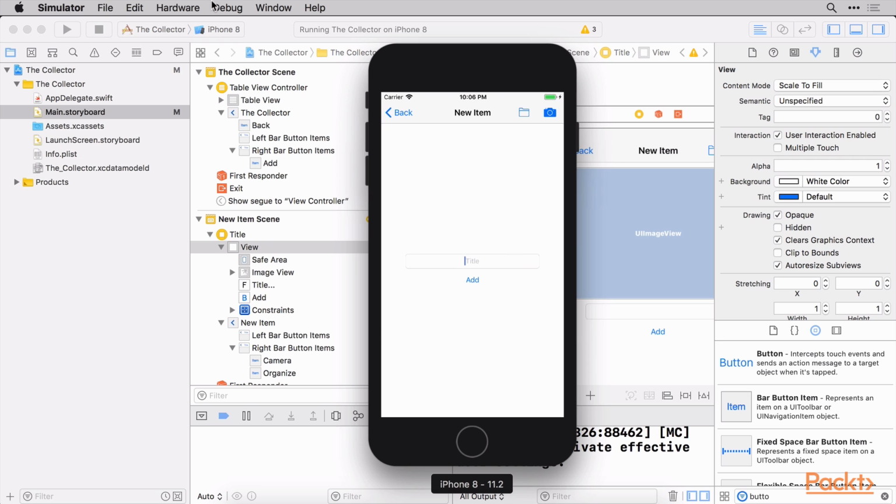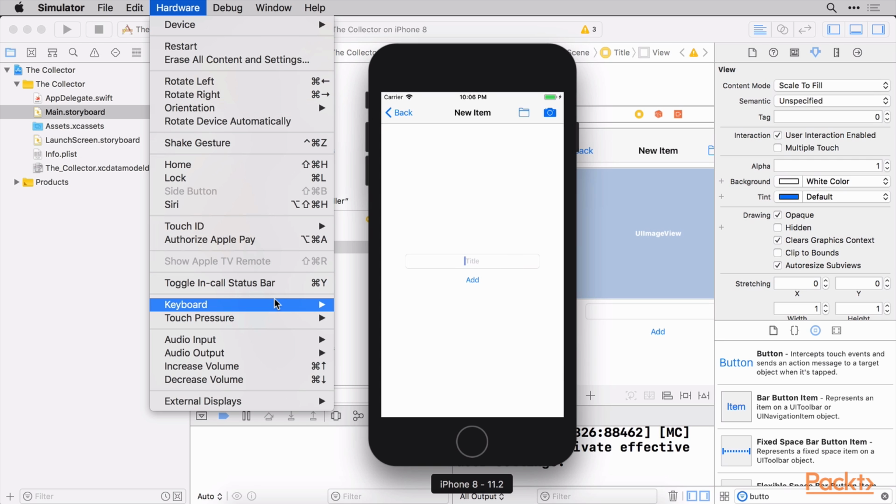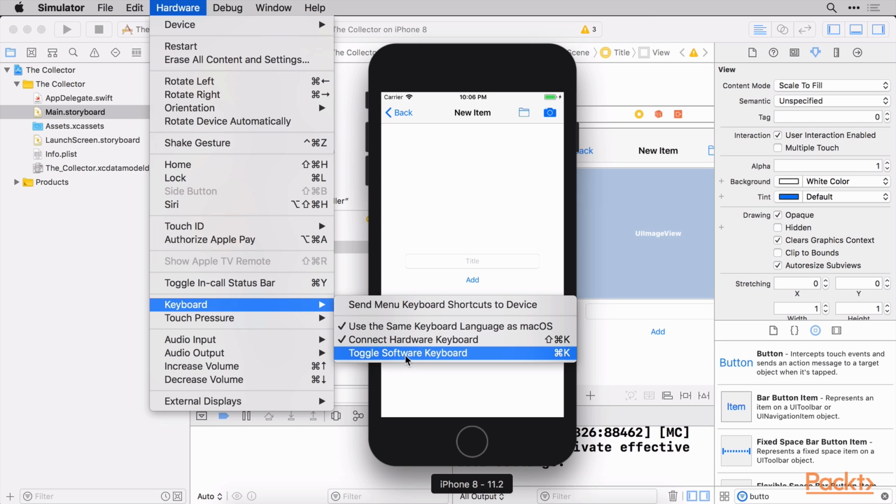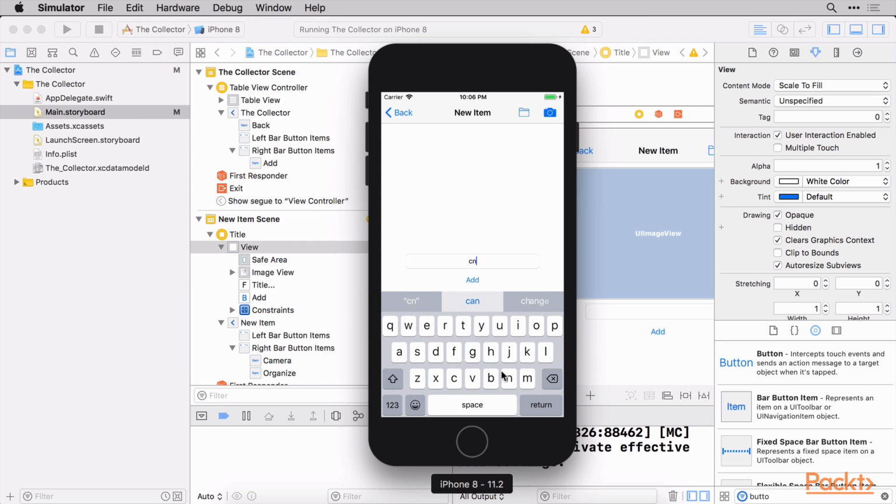And if we type in here, let's go ahead and make sure we can toggle that keyboard, toggle software keyboard. Look at that. There's enough room to fit everything inside of there. We get that nice clicking noise. So that's all good. Really, the only thing that's a little bit of drag to me is when the user